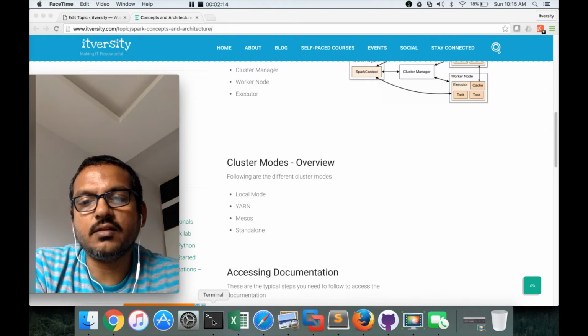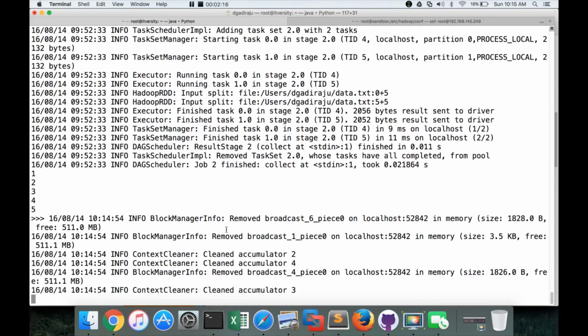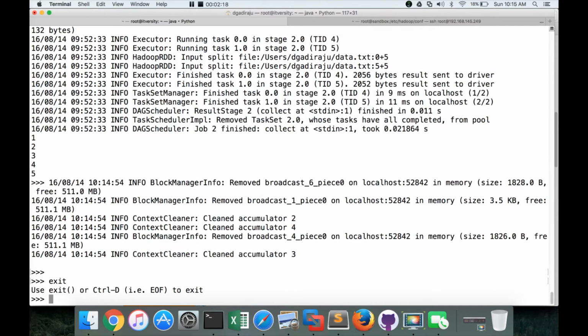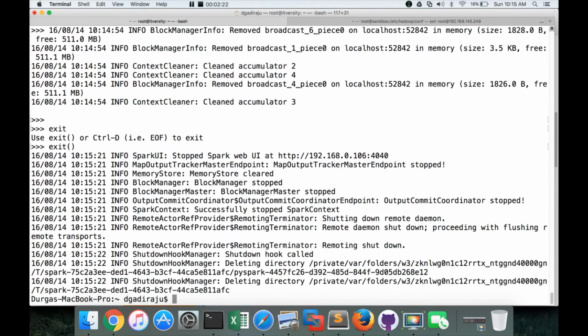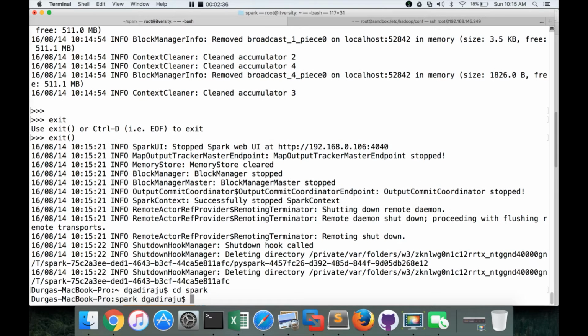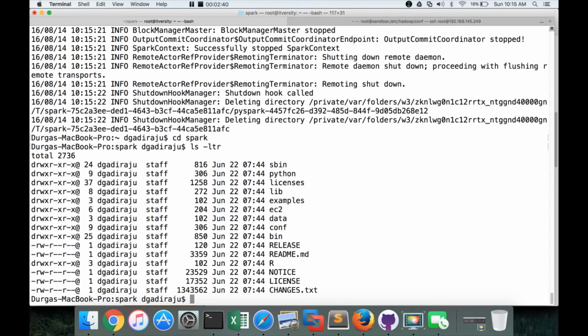So if we go to the location where our Spark binaries are copied, in my case it is under Spark, which is a soft link to the actual directory. After untarring the file, you can go back and see the setup environment video and understand what I have done. This is the location where I have my binaries, and there is a directory called sbin.